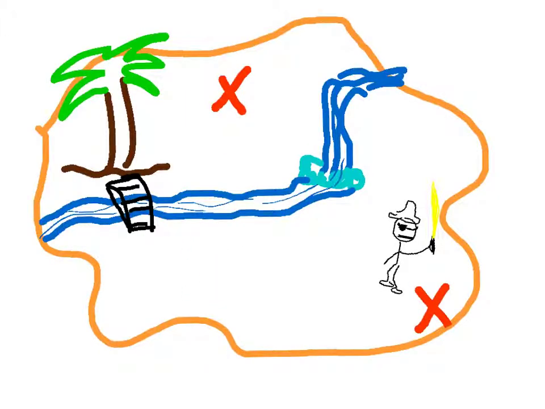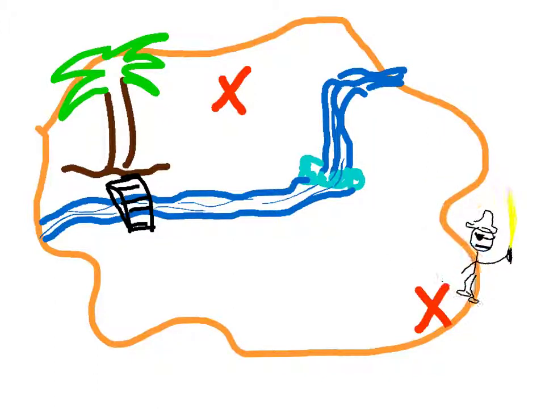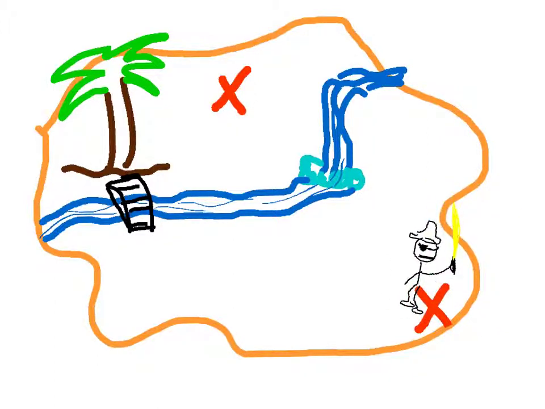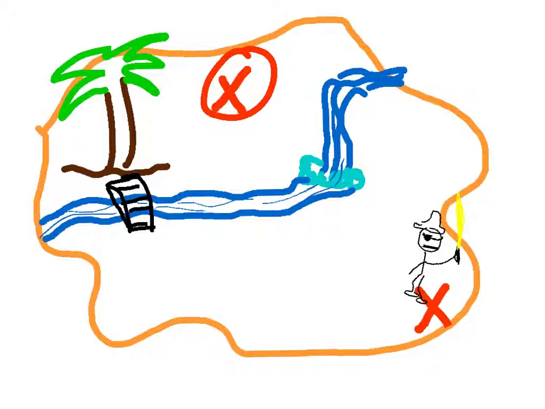So, consider the following. Bob the pirate has just landed on this island, and he has a treasure map that tells him the treasure lies somewhere on the other side of this waterfall river. Well, as you can tell,